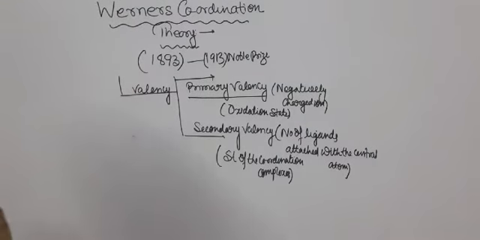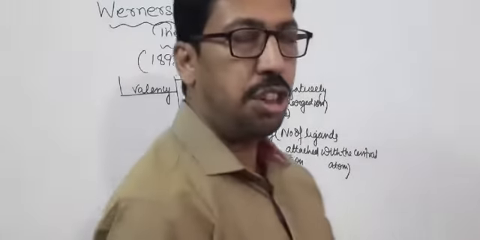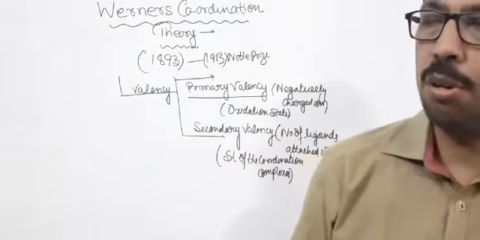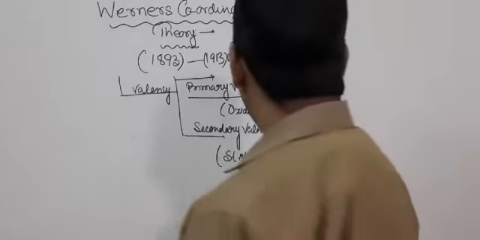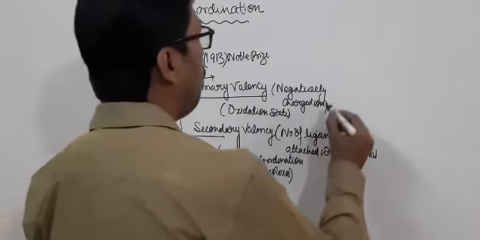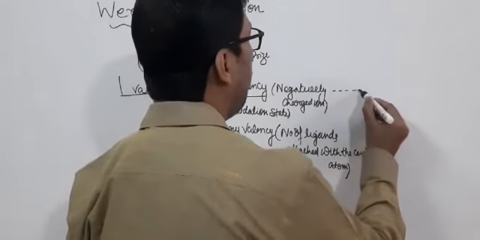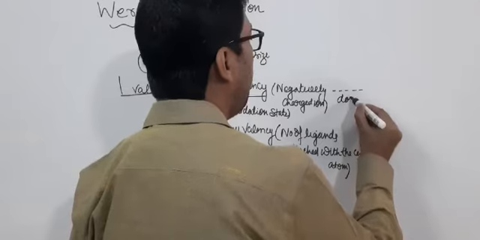Secondary valency provides the idea about the structure of the coordination complexes, and primary valency is represented by the dotted line,